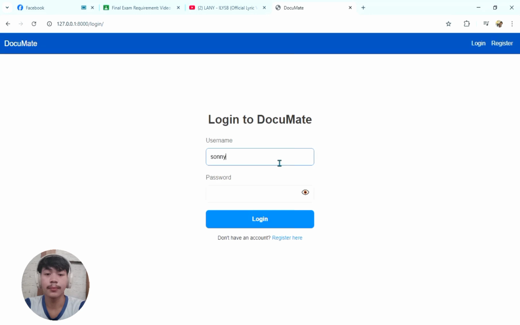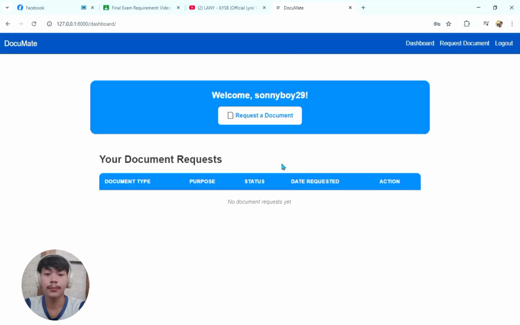And after we log in, the system automatically takes us to the home page. As you can see, no documents have been requested yet.